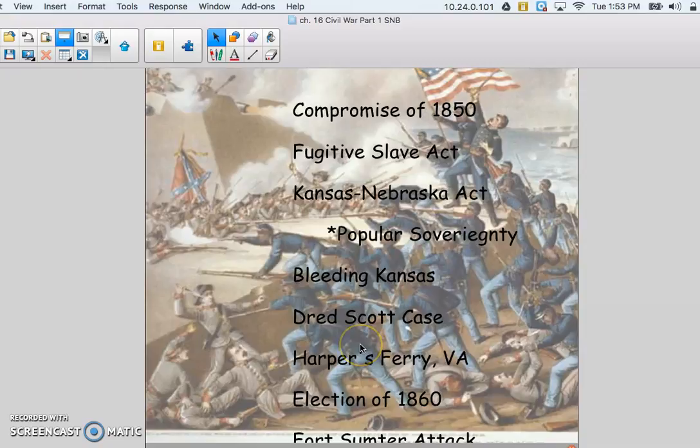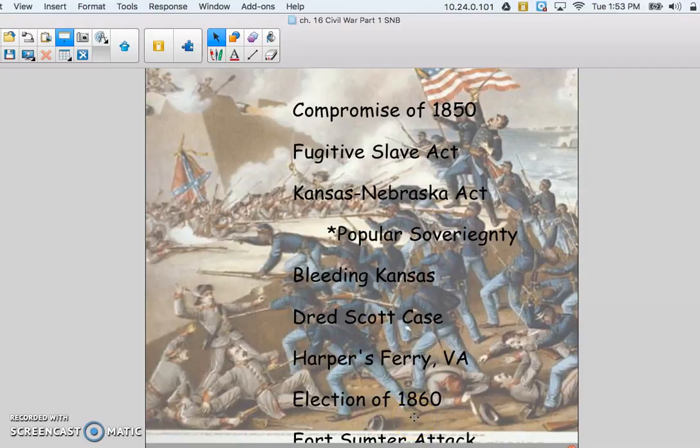After the Dred Scott case, another thing that caused the Civil War to happen was Harper's Ferry. Remember, John Brown wanted to create a slave rebellion. So what he did was he attacked that federal arsenal in Virginia, and it was a big failure. He was turned into a martyr for the North, somebody that they respected and thought about every time they were talking about slavery. The South saw it as a conspiracy and an act of terror against slavery itself. So the South moves closer towards wanting to go to battle with the North at that point for sure.